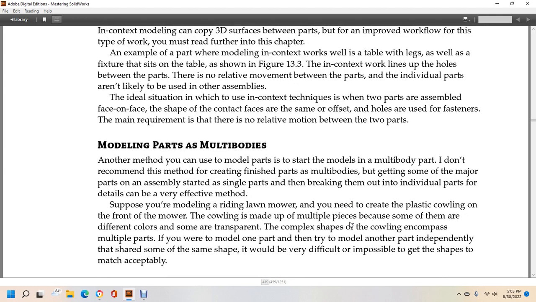Modeling parts as multi-bodies is another method. You can model parts at the start as a multi-body part. I don't recommend creating finished parts as multi-bodies, but getting some of the major assemblies started with single parts, then breaking them out into individual parts for the detail, can be a very effective method. Suppose you're modeling a riding lawnmower and you need to create a plastic cowling on the front of the